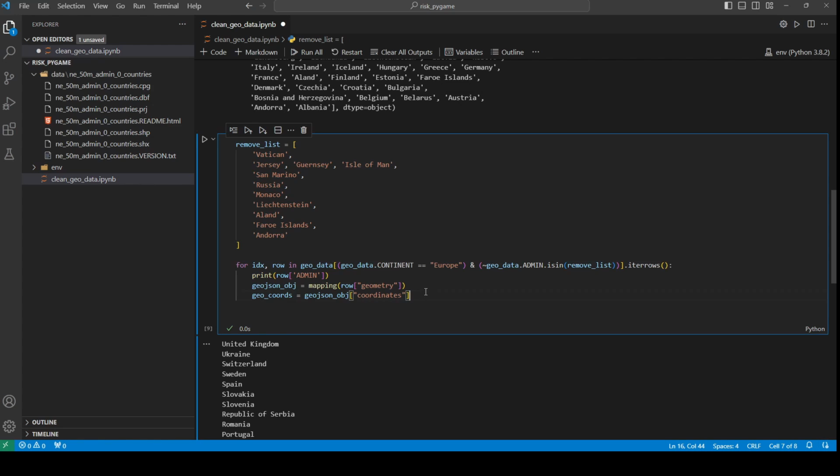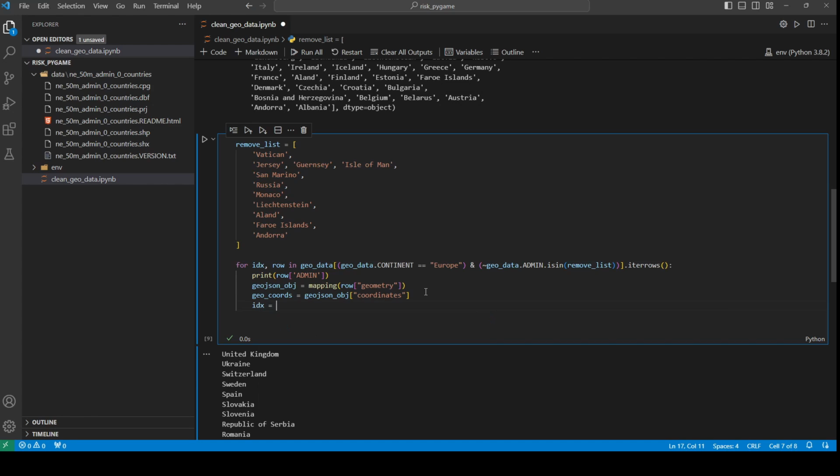So that's a slight complication for us. Basically what I did is I'm just going to look for the polygon with the largest number of coordinates and assume that this is the main landmass of that country. So other implementations are possible, probably better ones, but I'm trying to keep it simple, so this is what I